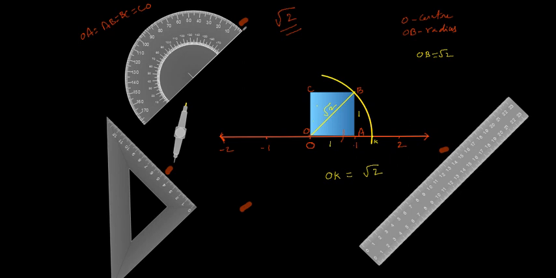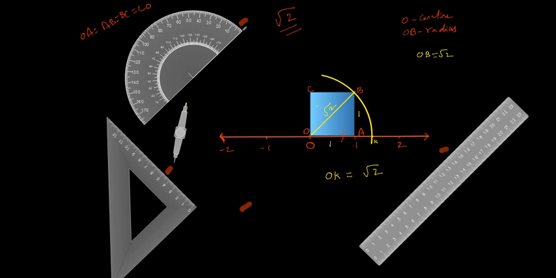Okay, I think you may understand this one. This is on page 11 of your textbook. You may go through your textbook, there is a construction part also, and you may write it in your notebook after drawing this diagram. This is the way to represent an irrational number root 2 on the number line.